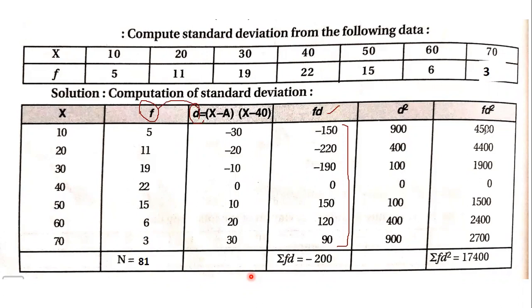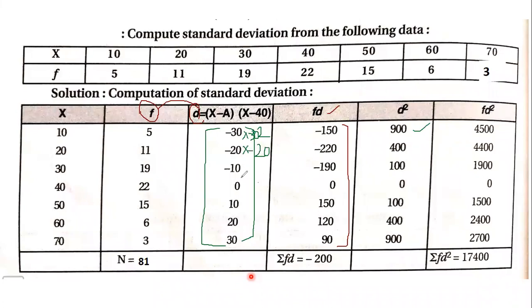Now, after that, the next step. We have found D. Now let's go on and square the D values. This column, whatever you see in the green, I'm going to square. You have to multiply the number by itself. So minus 30 into minus 30 will be plus 900. Minus 20 into minus 20. Don't only take 20 into 20; including the sign, it has to be multiplied. So minus 20 into minus 20 is 400.